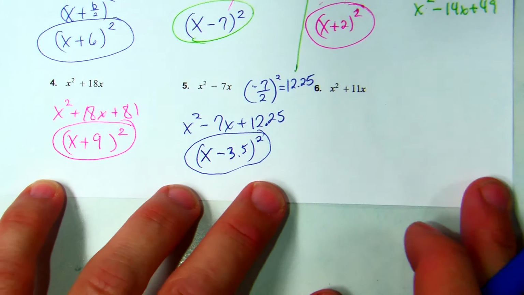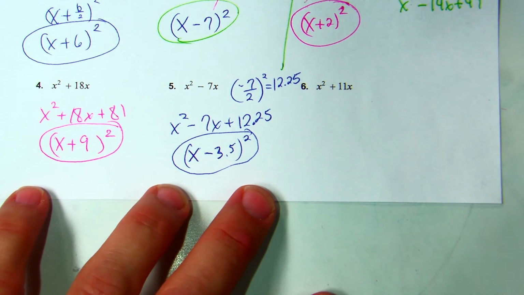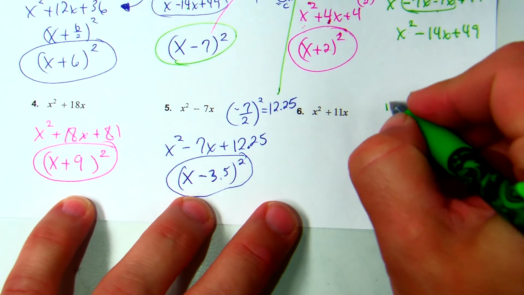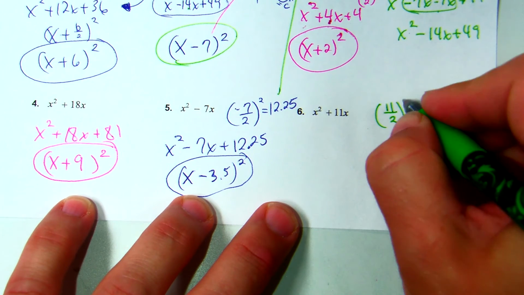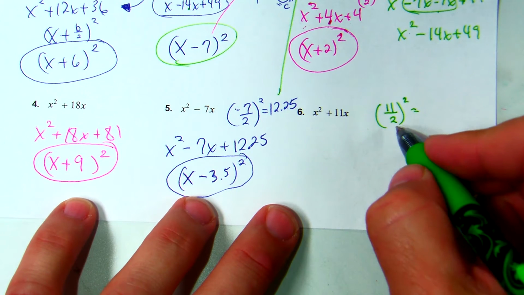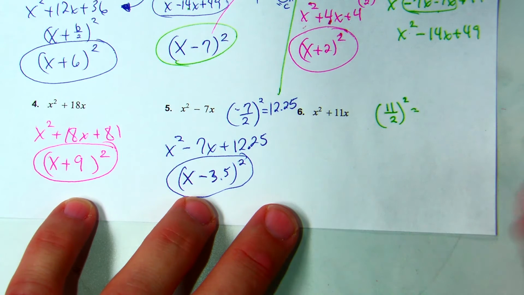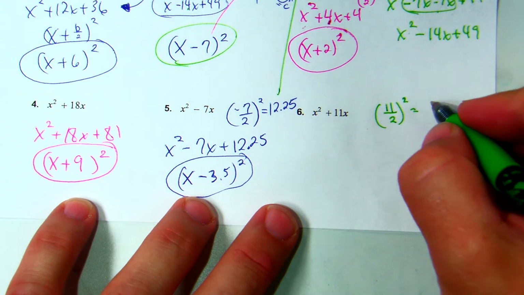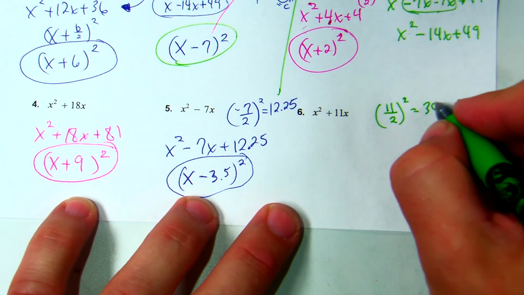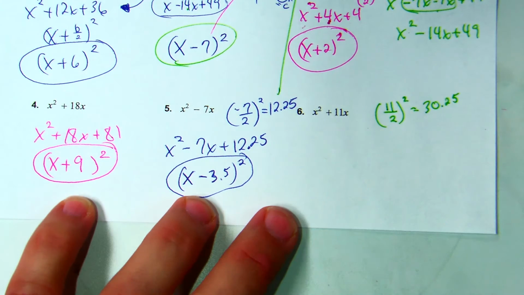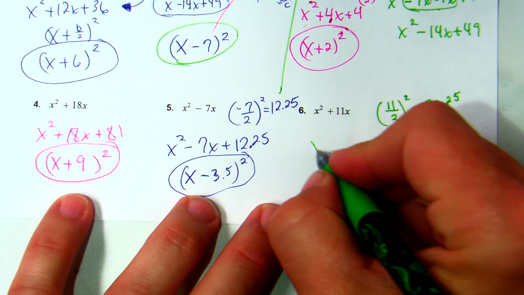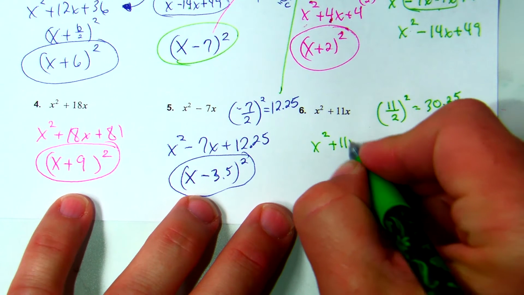All right, what about number 11? Number 11, same thing, going to end up with a decimal. So we'll have 11 divided by 2 squared, and that's going to give you my C term. 11 divided by 2 is going to be 5.5, and then we're going to end up with what? 30.25 when we square that. Okay, so then we're going to have x squared plus 11x plus